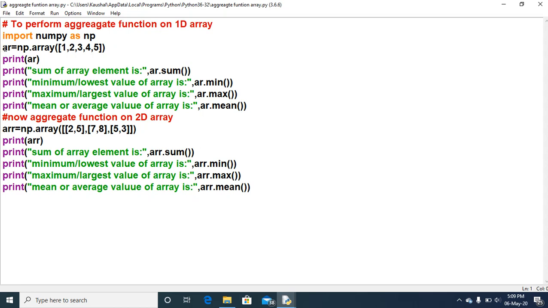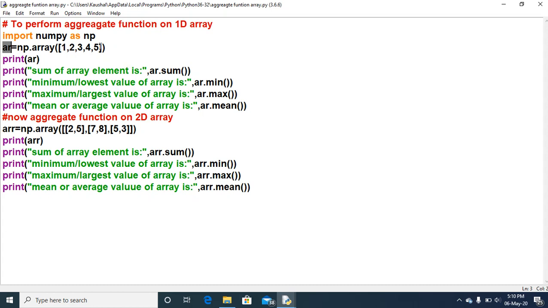One 1D array I have created with the name AR. AR equal to np.array 1 2 3 4 5. How many elements? 1 2 3 4 5, five elements are there. First of all we have taken the output for AR. Afterwards AR.sum, that is, we are calling the sum function with the help of the array name AR, and this will be the result of the sum of the array elements.